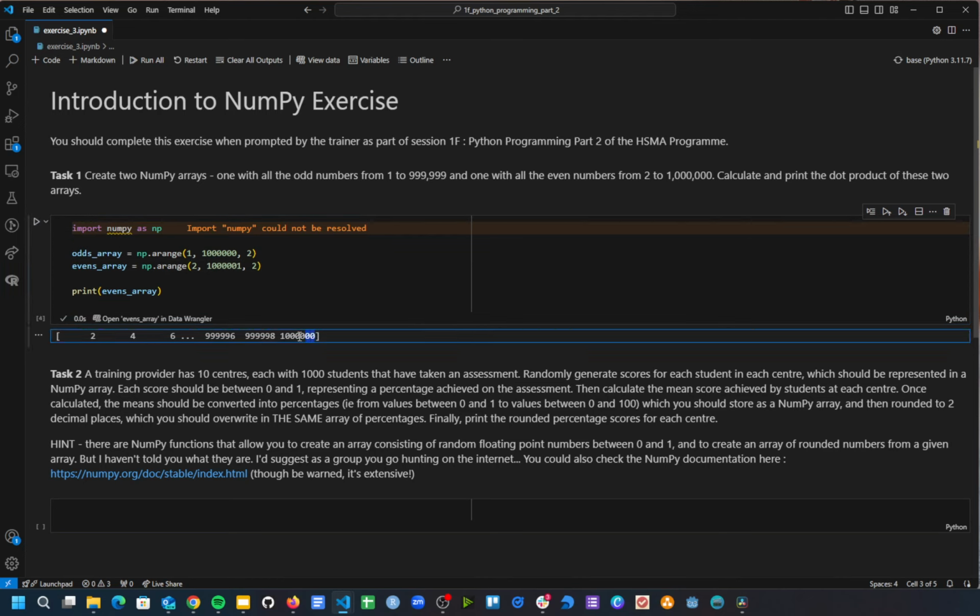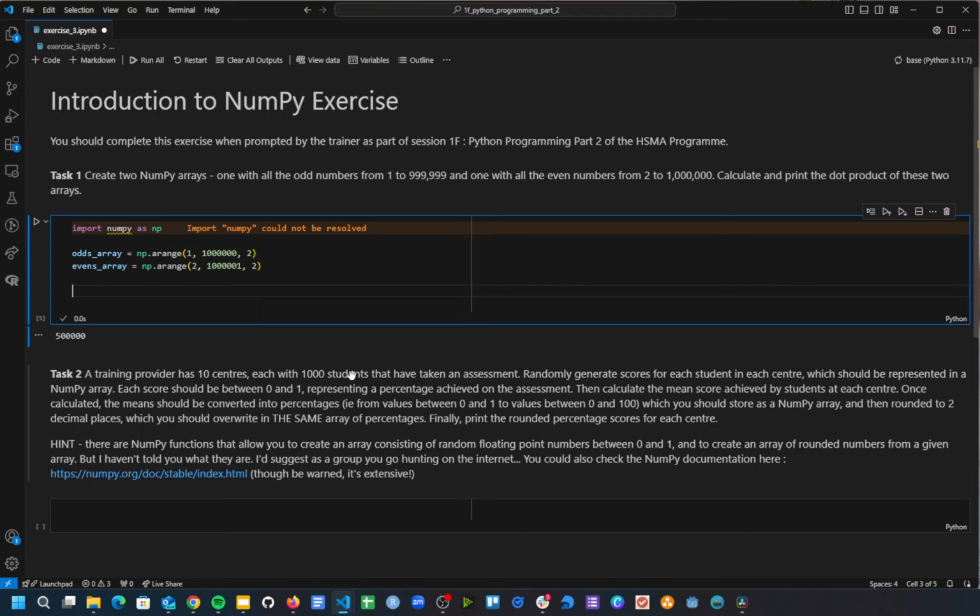If I run this again now, you will see that 1 million is included in the array, we're still starting from 2, and if we print the length of this one again, then we have got 500,000 numbers in our array. Now this is important, because the next thing we've been asked to do, calculating the dot product of these arrays, won't work if we've got two arrays of different length. It will just fail on us, and that is not what we want. So we need to be passing in two identical length arrays, which we have determined we've got, both 500,000 numbers